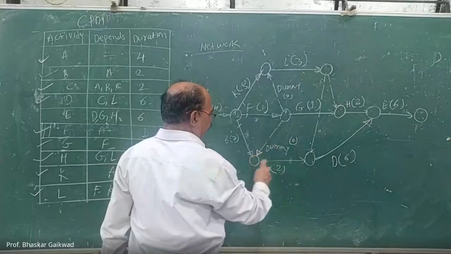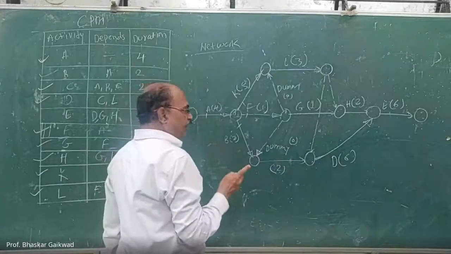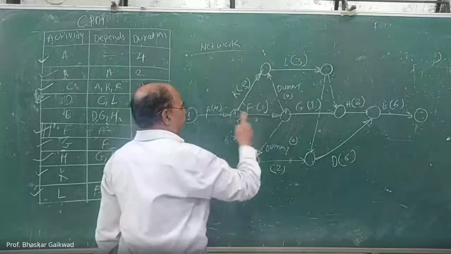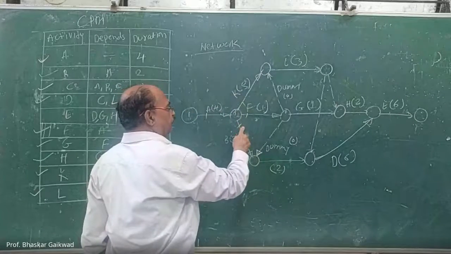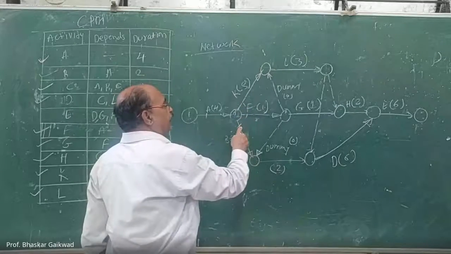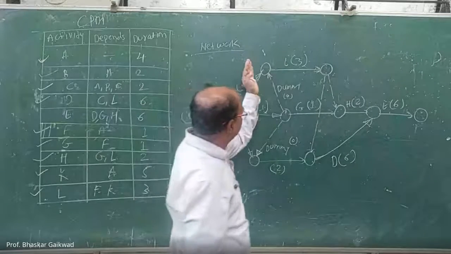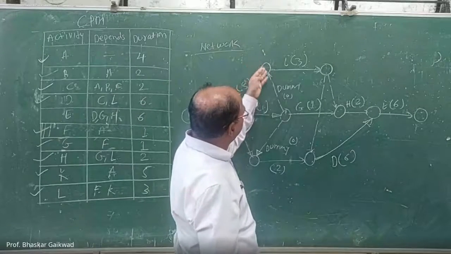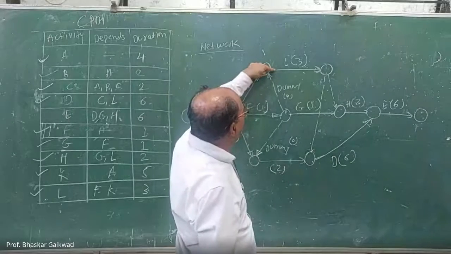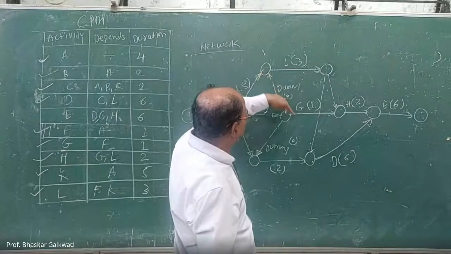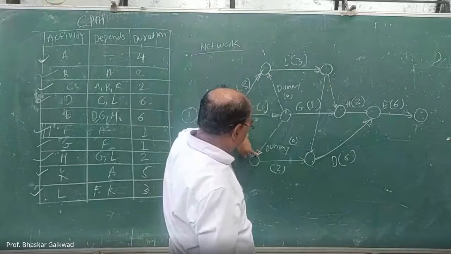So incoming and outgoing. Which is the first outgoing activity you have to consider? Here it is 1, it is a 2. This you can neglect. Correct, 1, 2, 3. Then you can give the number 2. After that, which are remaining? This one remains. In this 1, 2, 3, where is the outgoing activity? This is the outgoing, this is the incoming. Here is the outgoing, only one. Here is the incoming and outgoing.